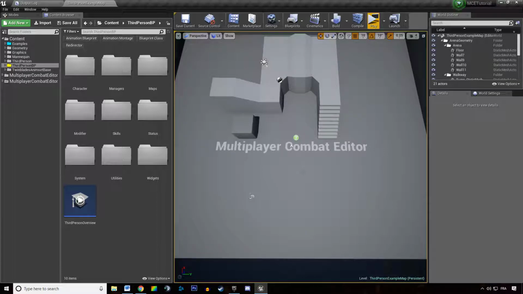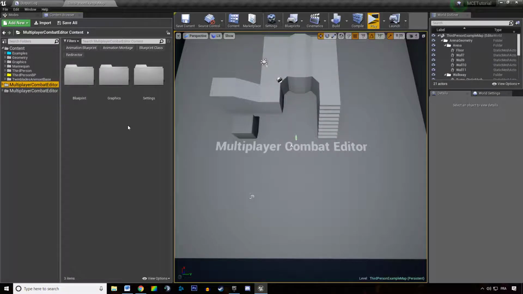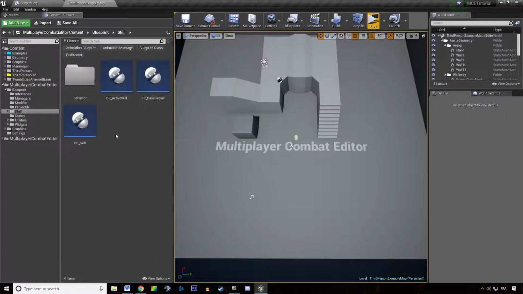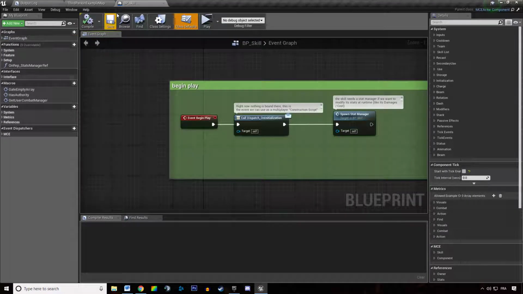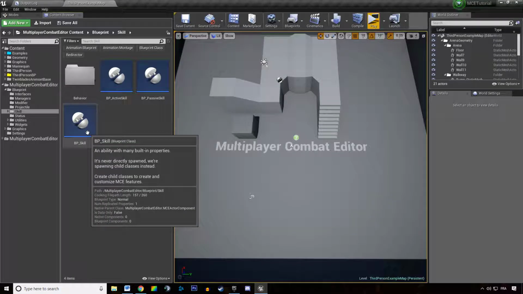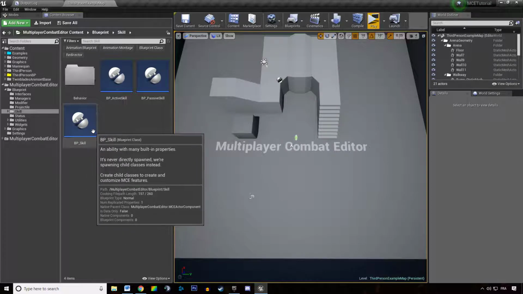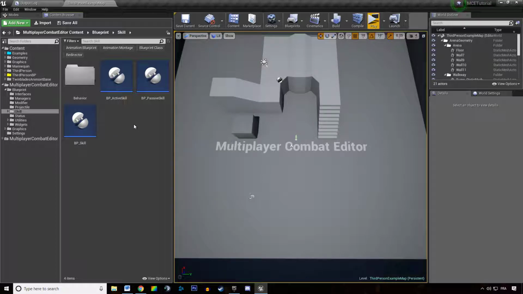So what is the skill damage system? It's simply how skill calculate their damage, and there is a built-in way for a skill to calculate their damage in the skill blueprint, and you can customize this. So we can check how in this video we're going to learn how you can customize this and what kind of things you can do